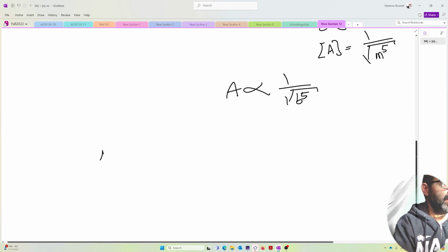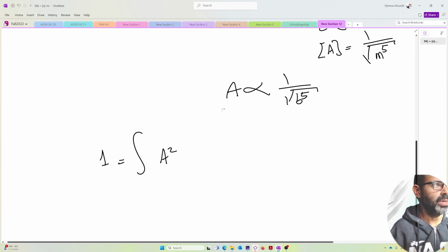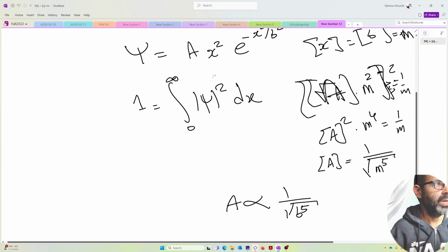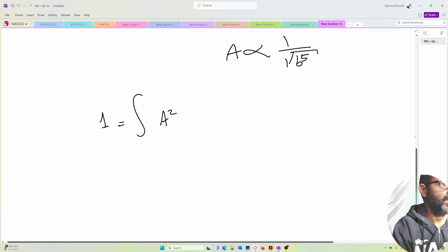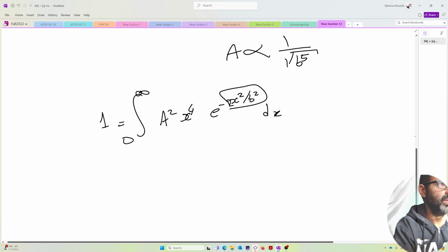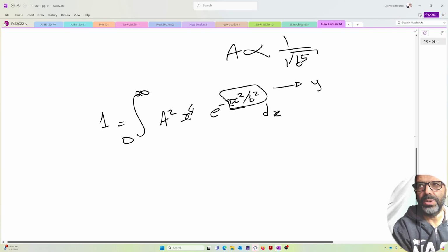So what we're saying in here is 1 must be equal to a squared, we're assuming it's real so we don't have to worry about its phase, times the x to the power 4 exponential of negative x squared divided by b squared squared, so it means I have to put a 2 in here, times dx, the integration from 0 to infinity. I'm going to make this one a variable y, so that the integral of the exponential is easier to handle. Or should I make it a y squared? We have to make it a y squared because